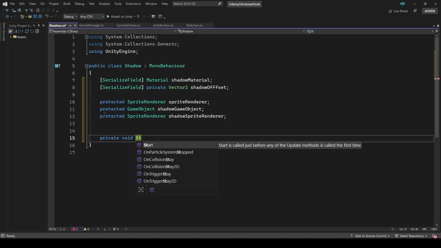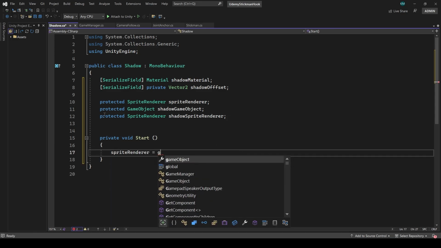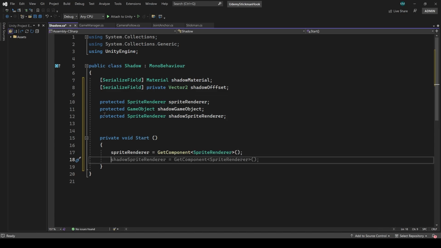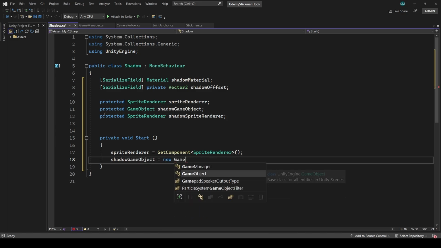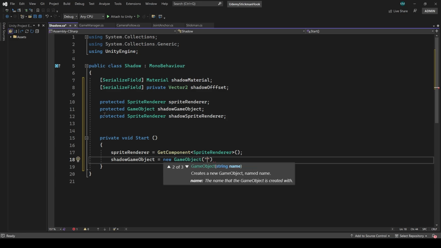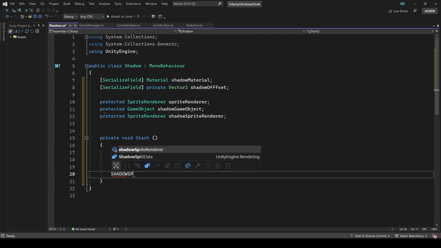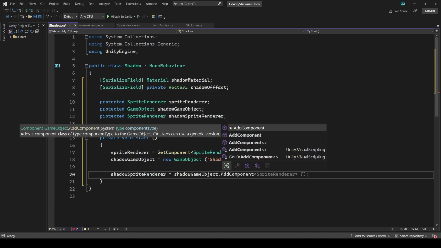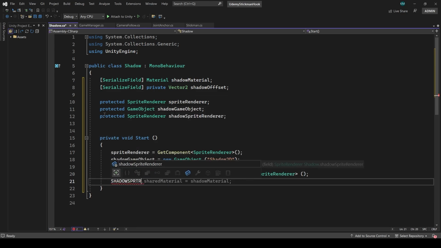Now create a Start function. Inside this function, give the reference to a sprite renderer. Our shadow game object is equal to a new GameObject, shadow 2D. Make sure to write the same name. Also write shadowSpriteRenderer is equal to shadowGameObject.AddComponent<SpriteRenderer>, and shadowSpriteRenderer.sprite